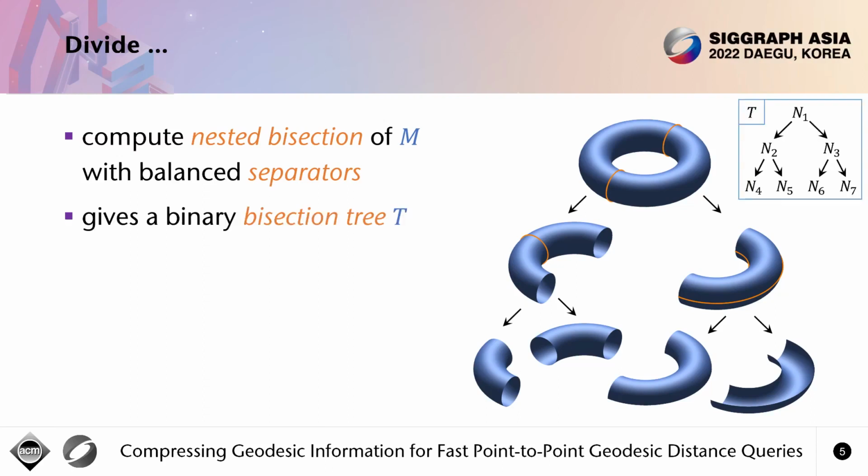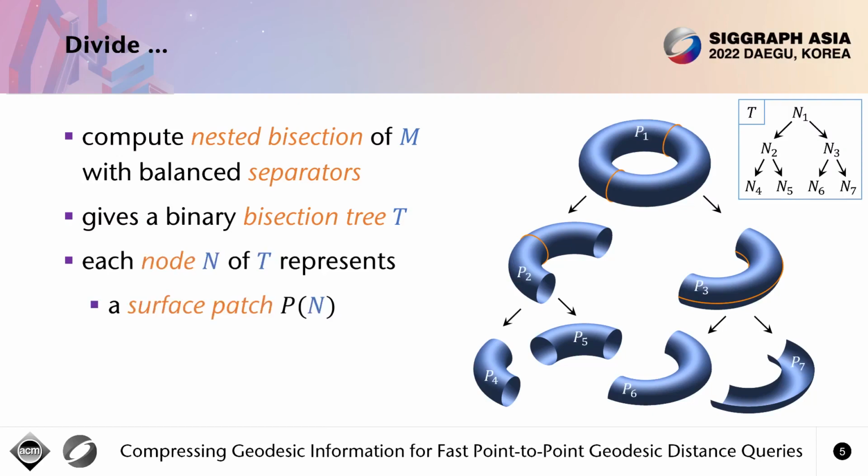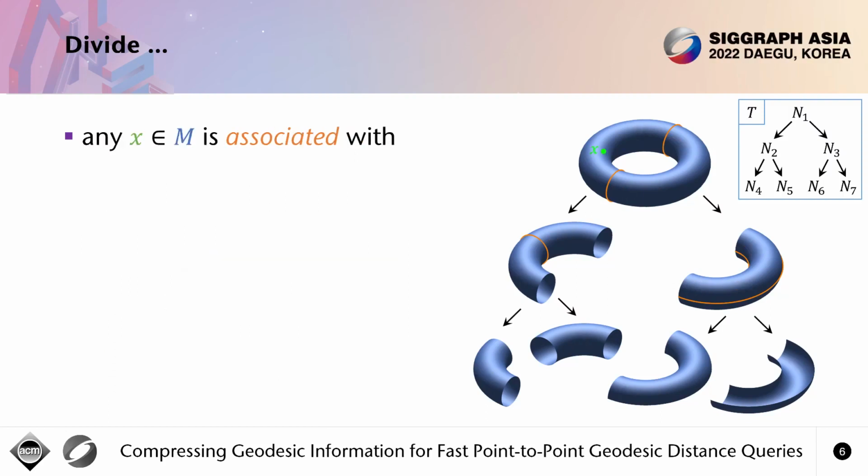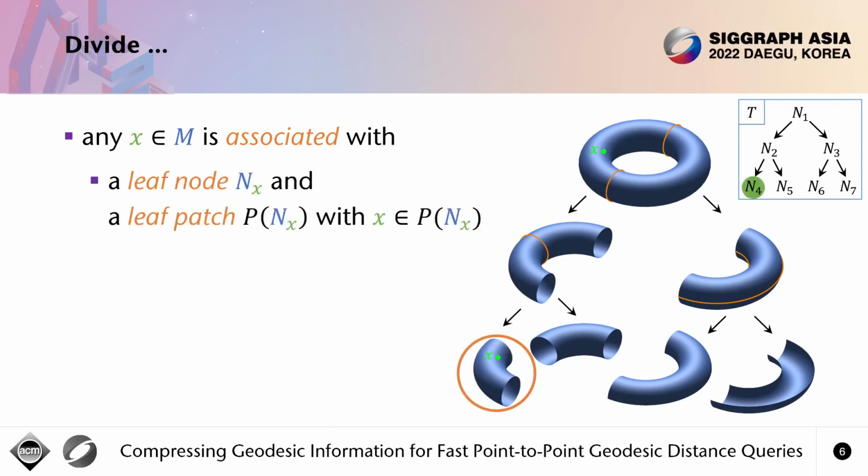So once we have this, we have basically a binary bisection tree T, and each node of this tree T represents, first of all, a surface patch, that is some subpatch that we have generated in this process of the original surface, and apart from the leaf nodes, it also represents a separator that consists of 1 or more separator curves. And once we have built this separator tree T, we can associate with any point x on the surface first a leaf node and a corresponding leaf patch that contains the point x,